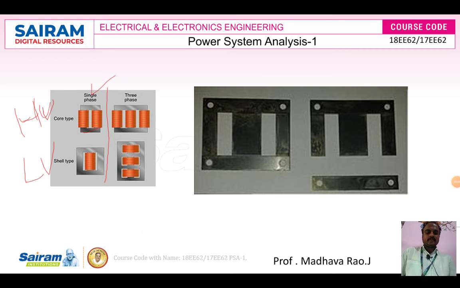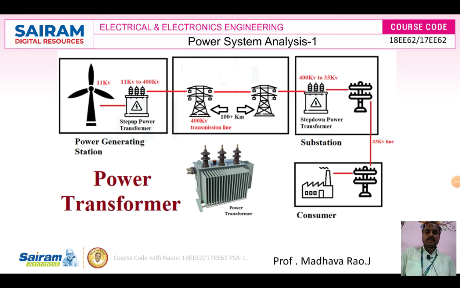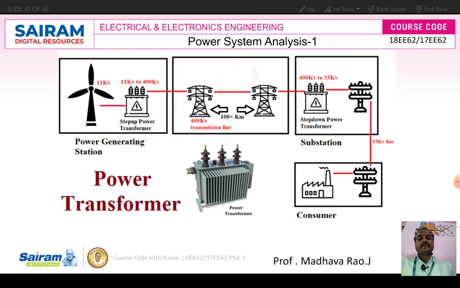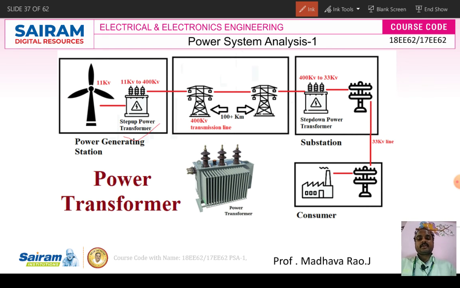So next, we will move to the industrial side, where we are using these transformers. This is one application of power transformers. After generating power at the power station, here we are using an 11 kilovolt wind power plant. After generating the voltage, we give it to the step up transformer, as we can see in this figure. The step up transformer converts 11 kilovolt into 400 kilovolt.